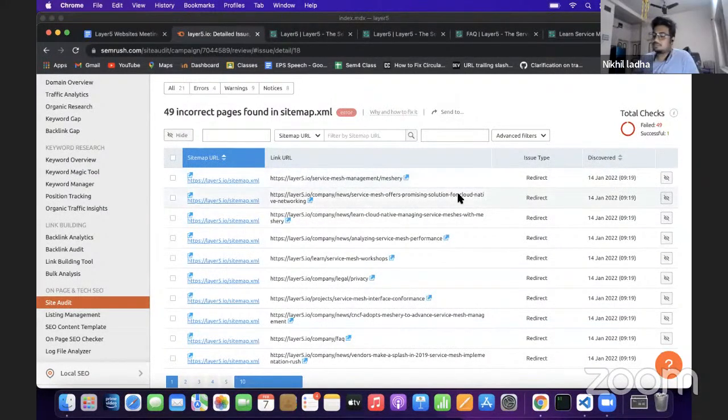So the thing is, Gatsby creates static data from the JS files that we have, and it crawls the directory, and based on that, it gives a slash to a path which is a directory, and it doesn't give the slash to a path which is not a directory but directly an .html file. So in our case, what we are doing is we are deleting the slash page and recreating one without a slash.